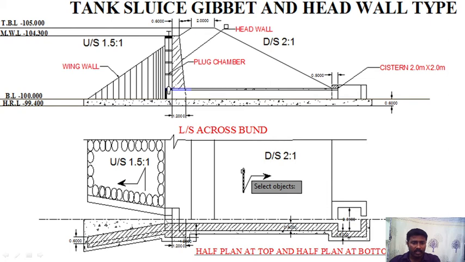So finally in cut sections we have to show hatching, and dimensioning and naming should be shown in the top plan. Here these are stone pitchings. On the upstream side, in the top view the stone pitching is visible. That's why I am showing the slope on the upstream side and also the downstream side. So this is the procedure to draw a plan at top and a plan at bottom.